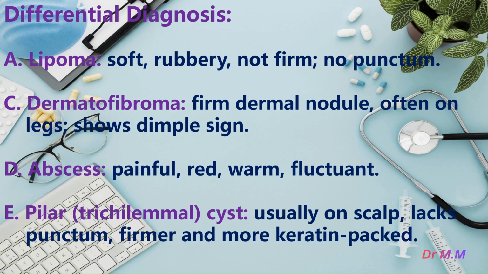Differential diagnosis. Lipoma is soft and rubbery without firmness and without punctum. Dermatofibroma is a firm dermal nodule, often on the legs, and shows the dimple sign, as we explained in the session on dermatofibroma. Abscesses are usually painful, red, warm, and fluctuant. And pillar or trichilemmal cysts are usually on the scalp, lack a punctum, and are firmer and more keratin packed, as we explained. Okay, this was an explanation about